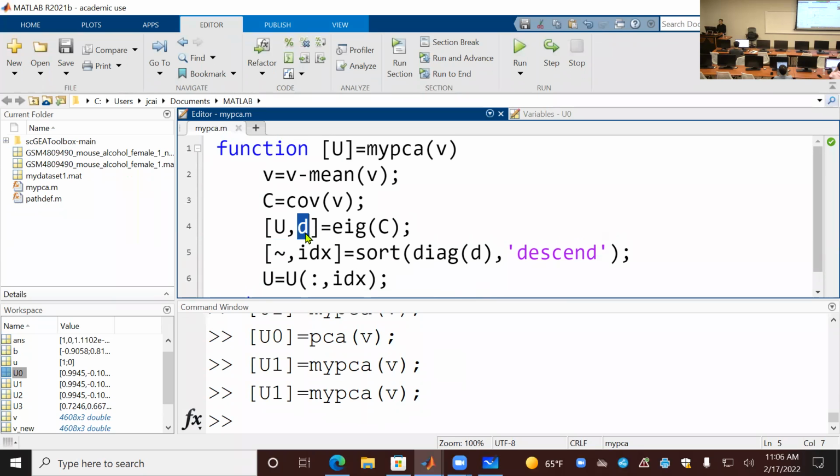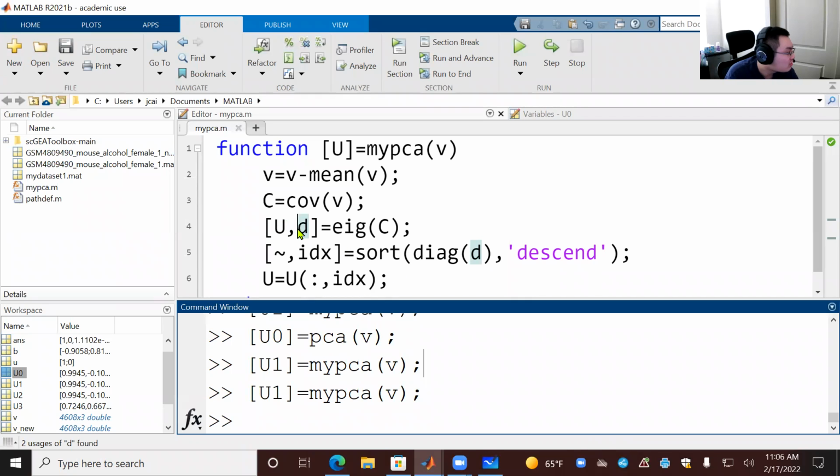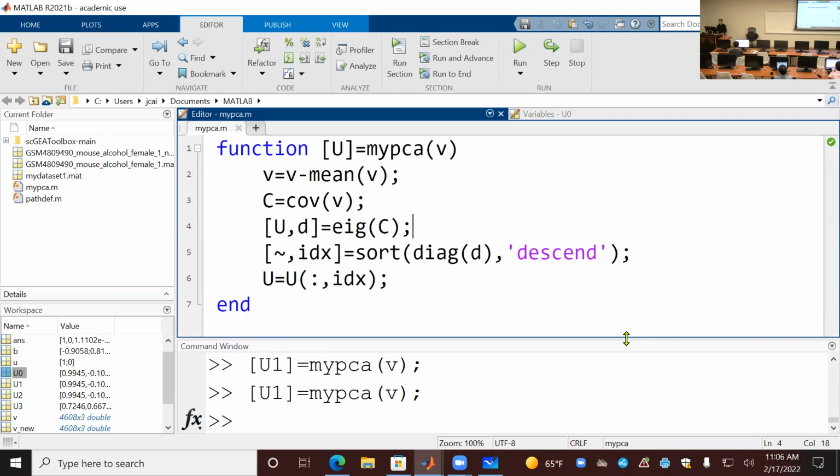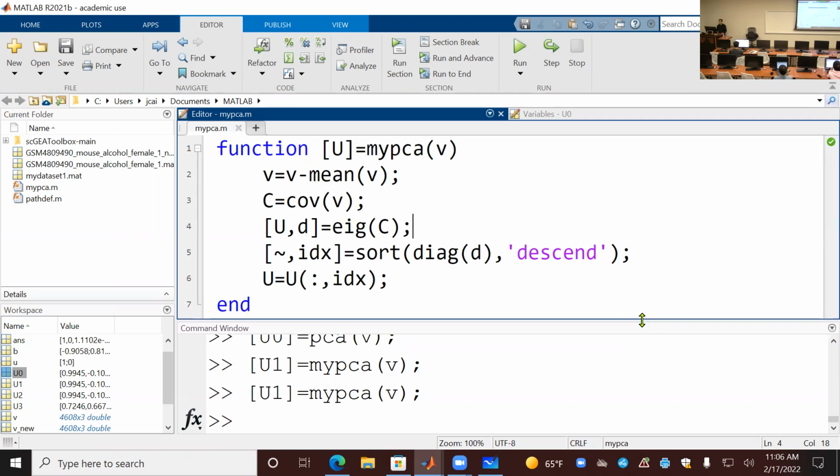Remember, I did the same. When I don't need this, I put it. Right. Okay. But now because I need these eigenvector values, I have to do it in this way. Okay, so that's our implementation of the PCA function. And also you learn how to write a function for yourself and the procedures of this computation. So they're all from such a simple